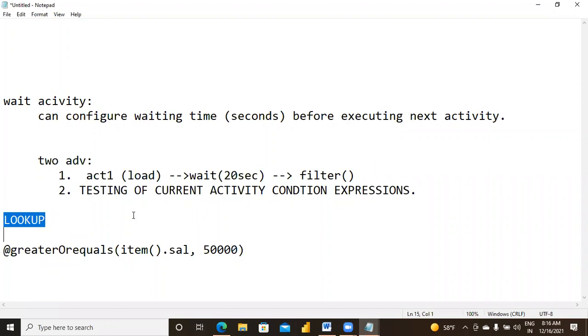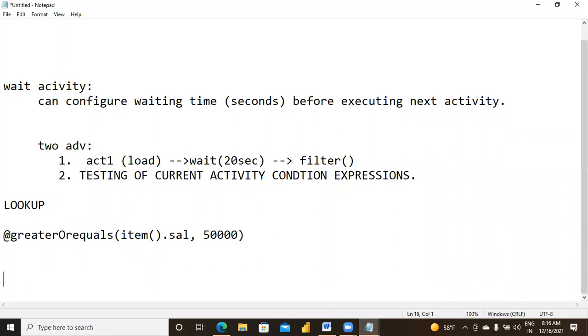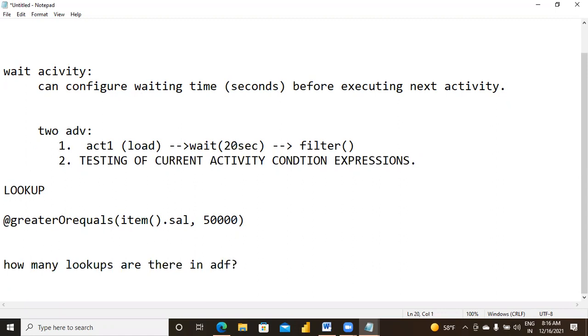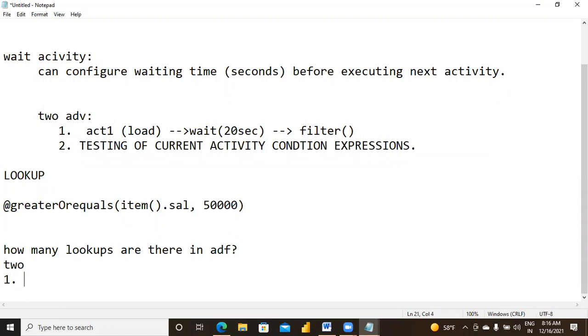Again, there are two things. The interview question: how many lookups are there in ADF? Your answer should be 2. Number 1, lookup activity.